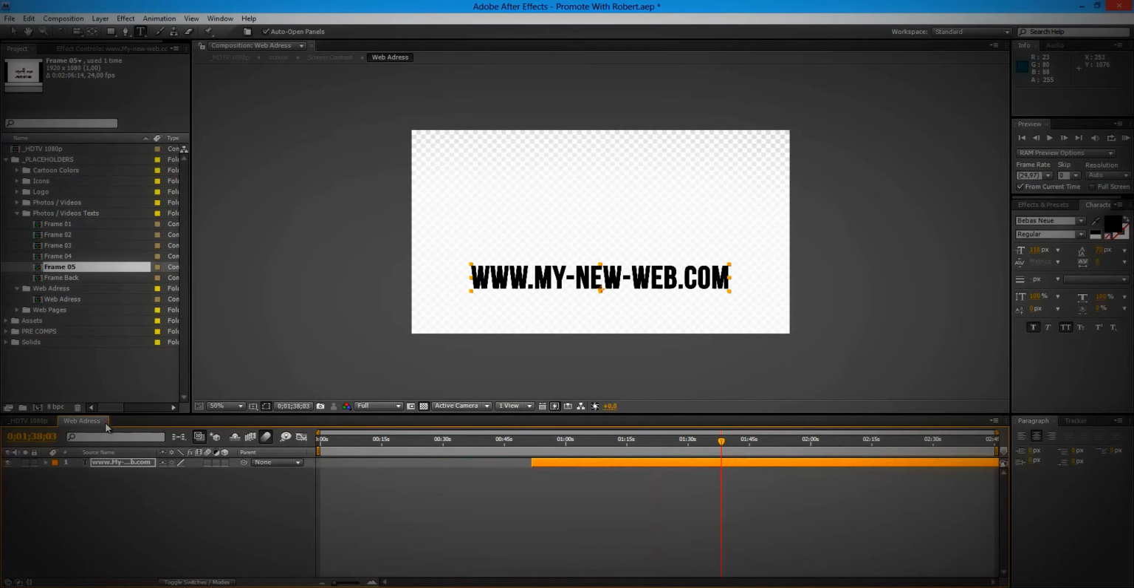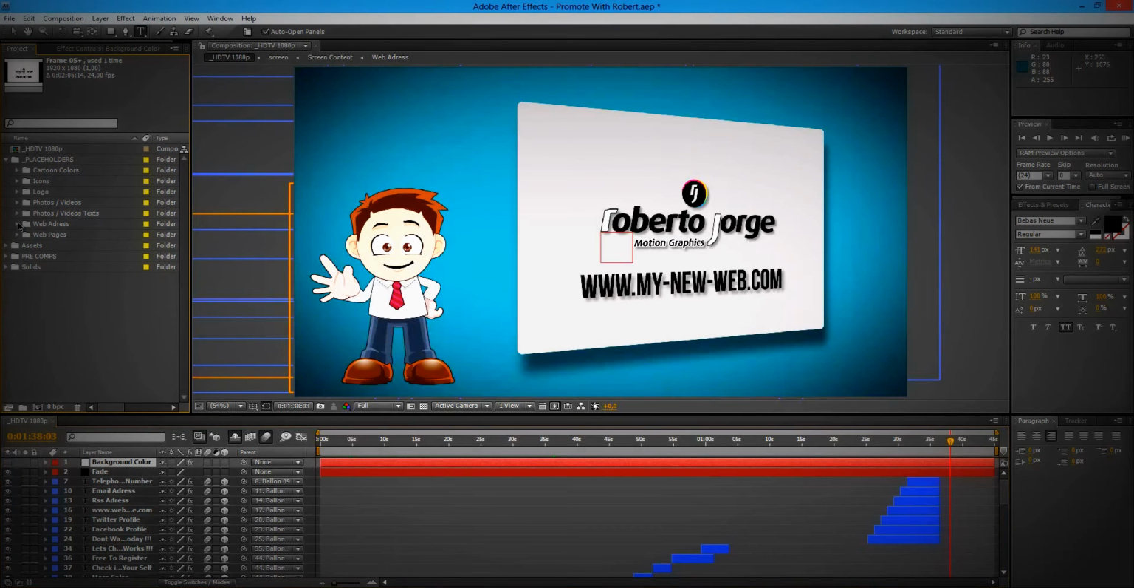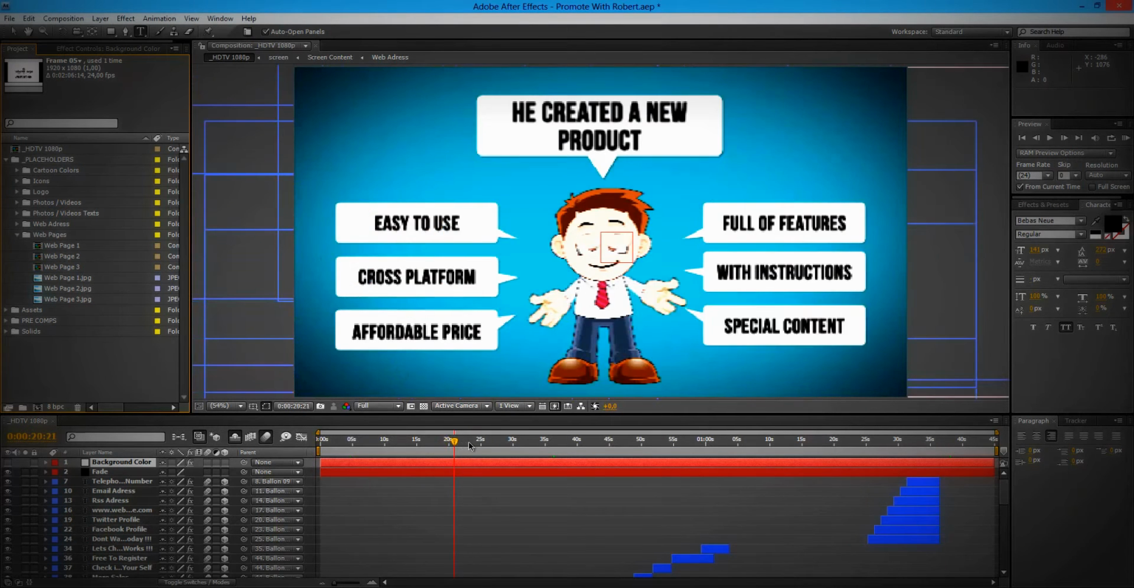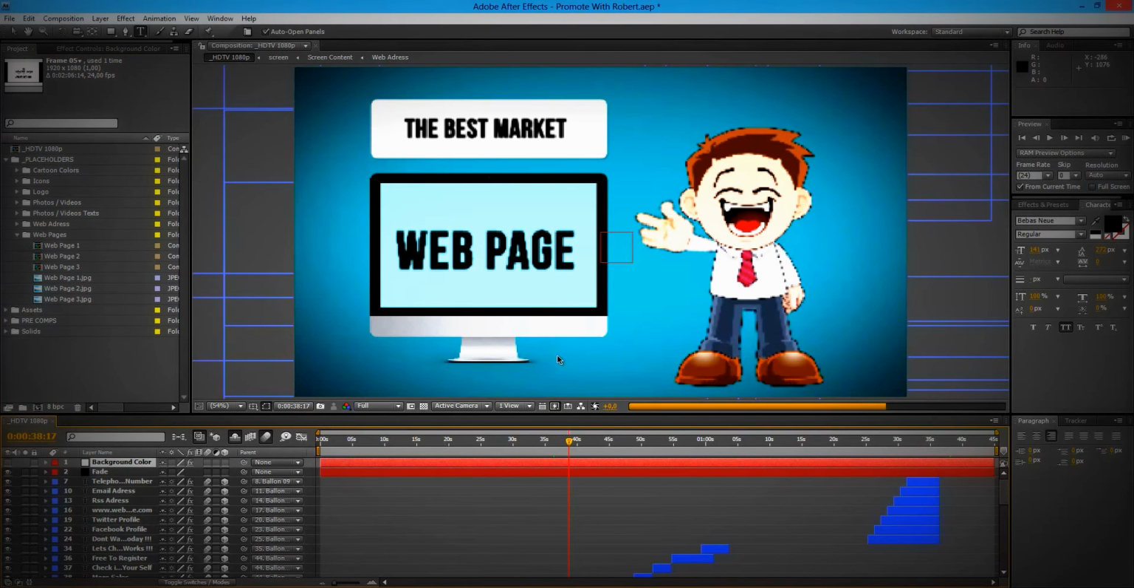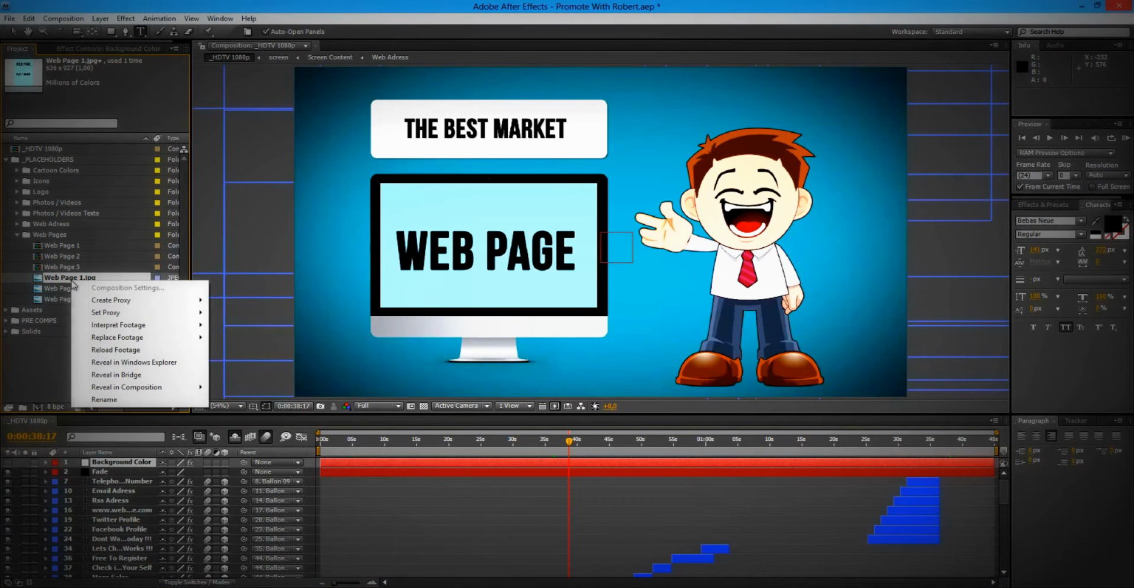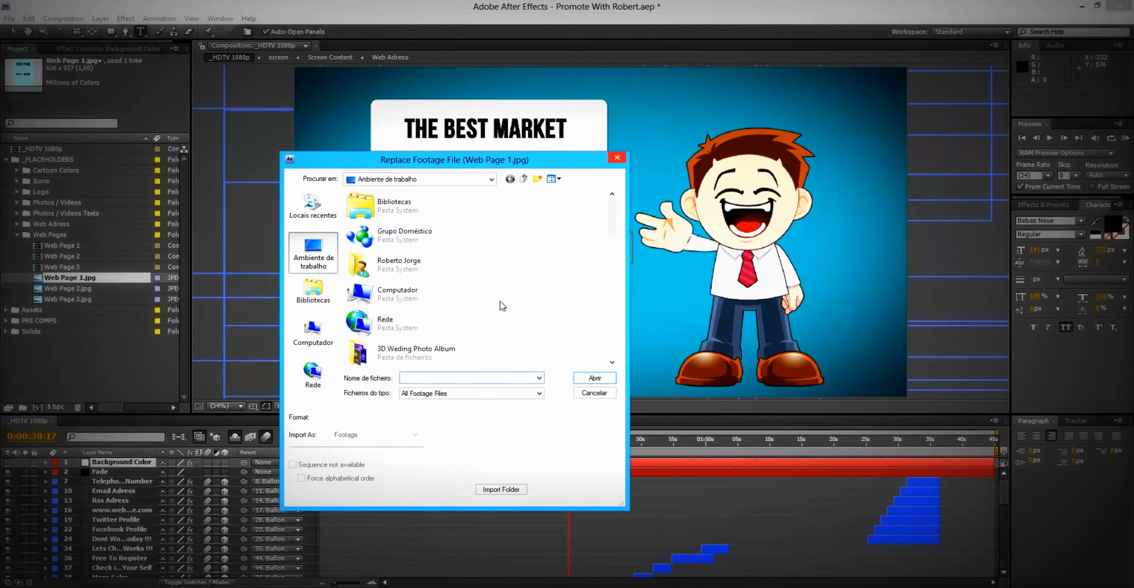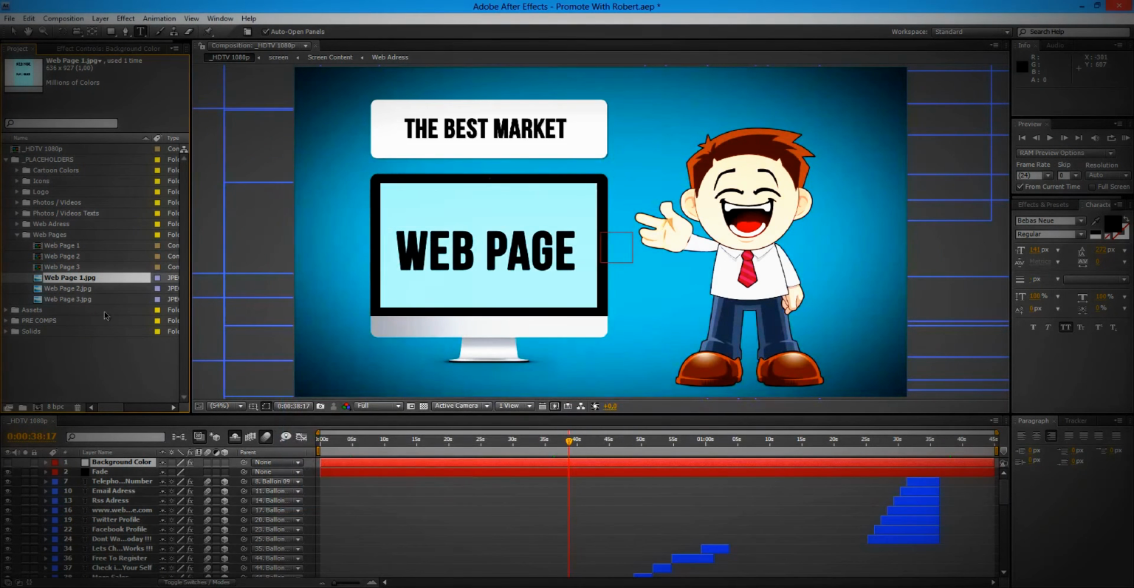Okay, so let's close this and this, and we are now with our web pages, and the web pages will be shown also in the screen. So we have our placeholder. All you have to do is, as we did, replace footage file and select the page that you want to use. I don't have any at the moment now, but just take a screenshot. If you have a bit of a question on the size,